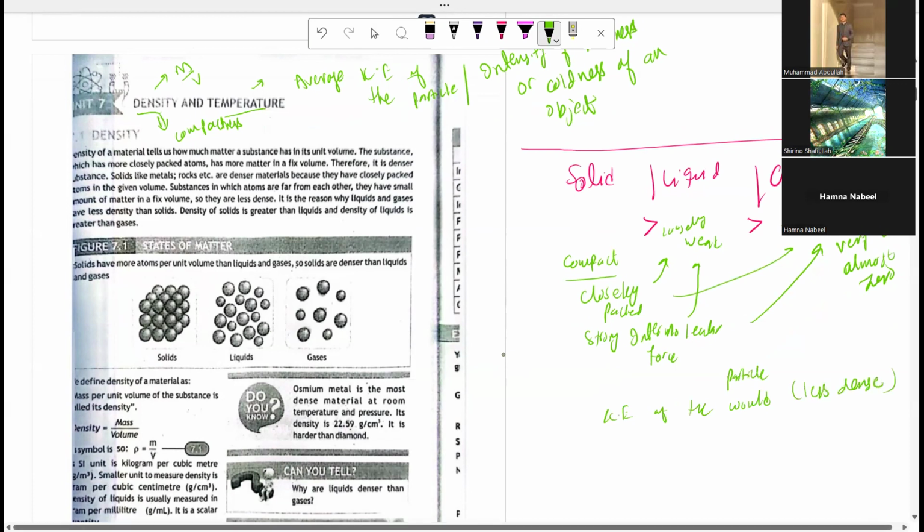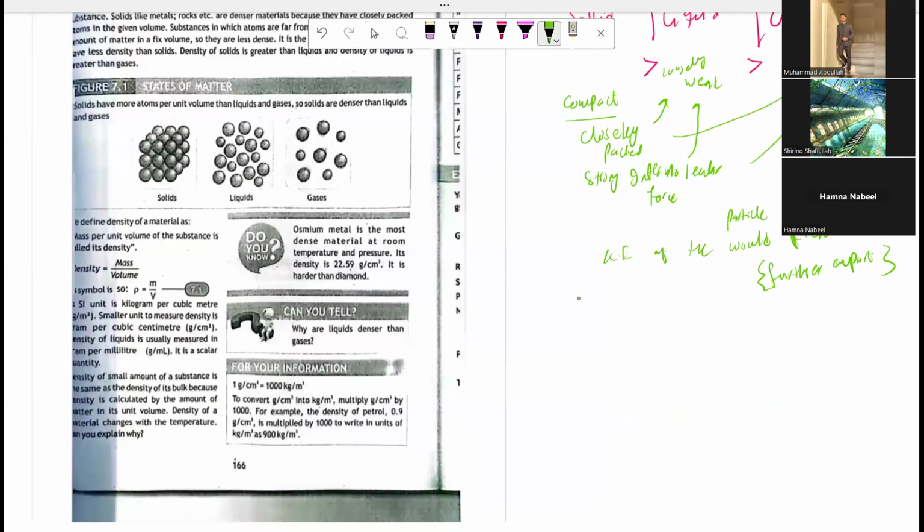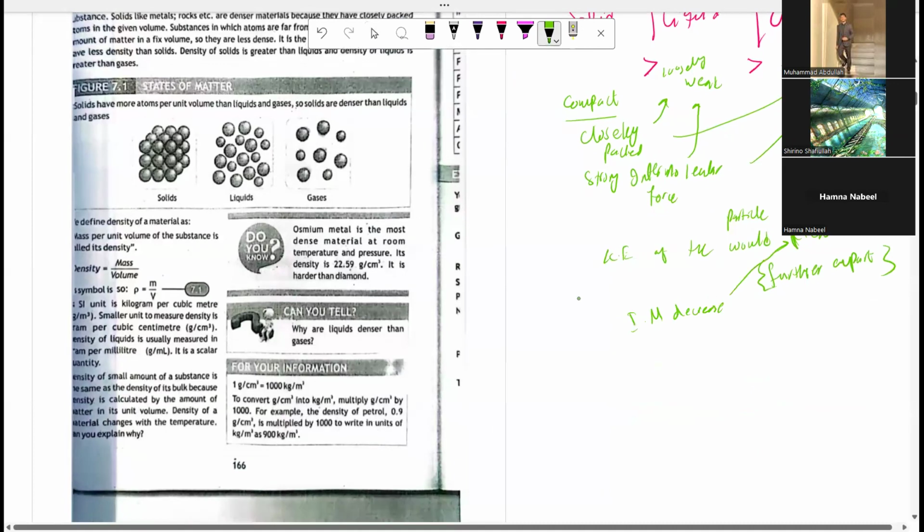Why is that? When the kinetic energy of the particles starts to increase, they will start going further apart. And when they go further apart, the spaces between the particles increase and the intermolecular forces decrease. In this way, they will start to become less dense. So we're going to discuss that relationship as well, how density and temperature are interlinked to each other,